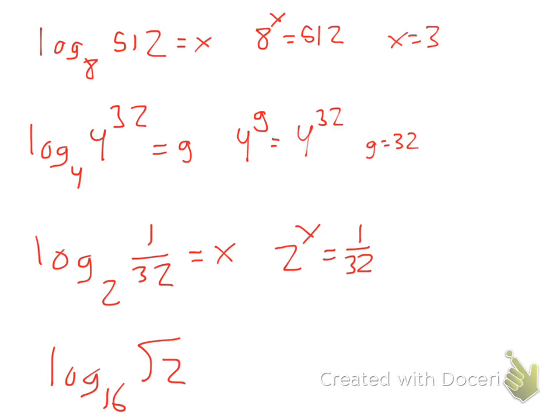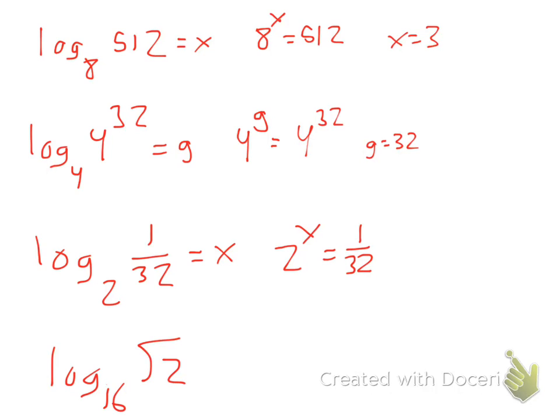Ooh, this one's interesting. So 2 to some power is equal to 1 over 32. Hey, wait a minute. 2 is a nice whole number, yeah? I eventually got to create a fraction where my number goes to the bottom. What exponent rule takes things from the top and drops it to the bottom? A negative. So you're saying that if I have a negative number as an exponent, it would have to move